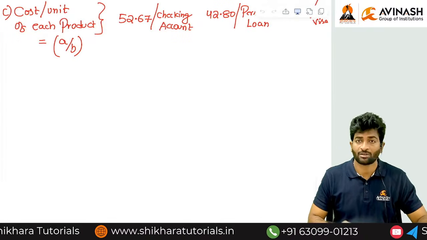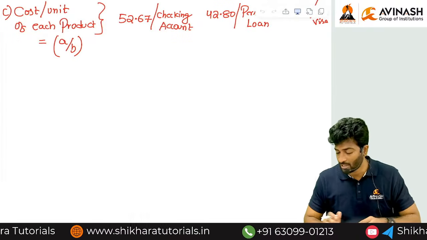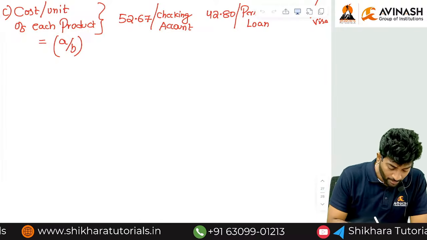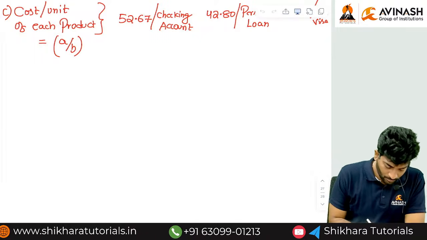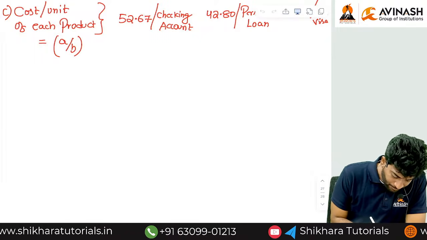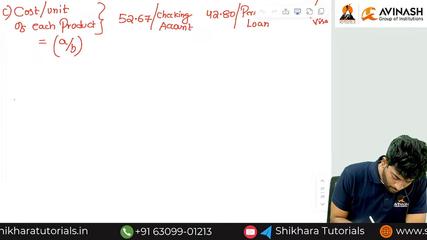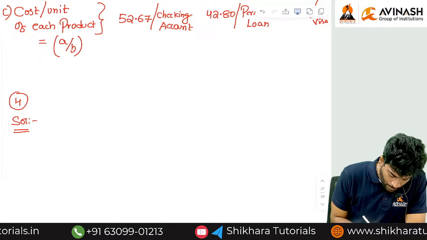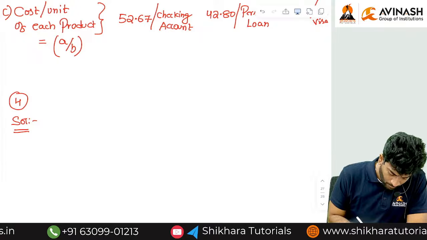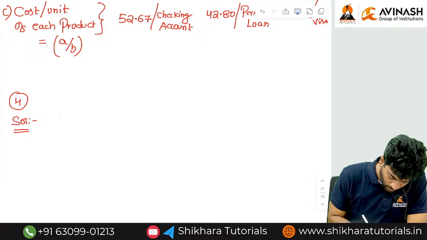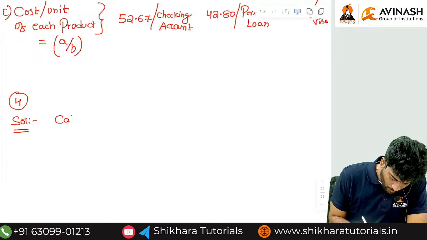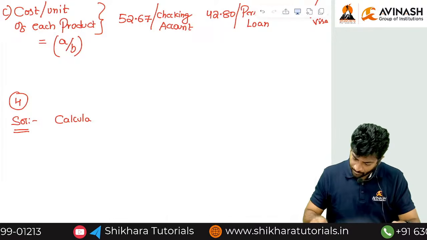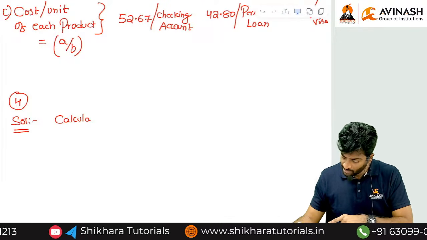So first under traditional method, they are asking us to calculate under volume based. Volume based allocation is nothing but labor hour based, right? Okay. Number 4. So as per our requirement, determine material handling cost of product alpha and beta,